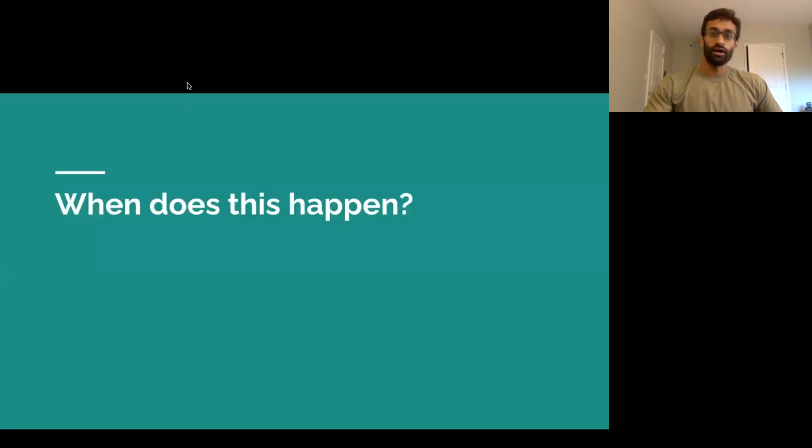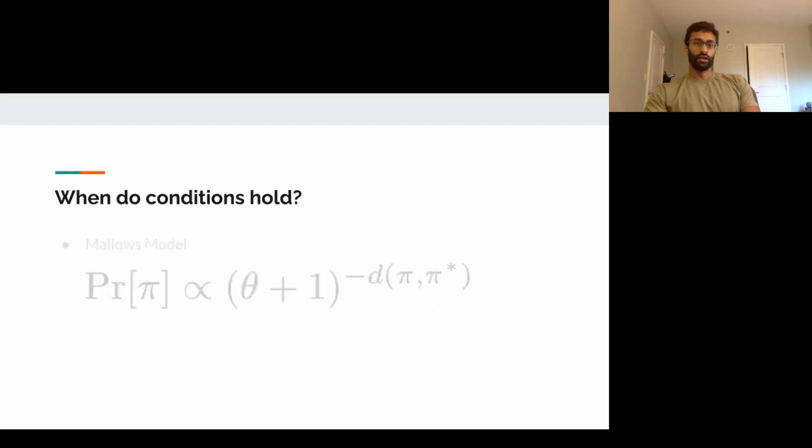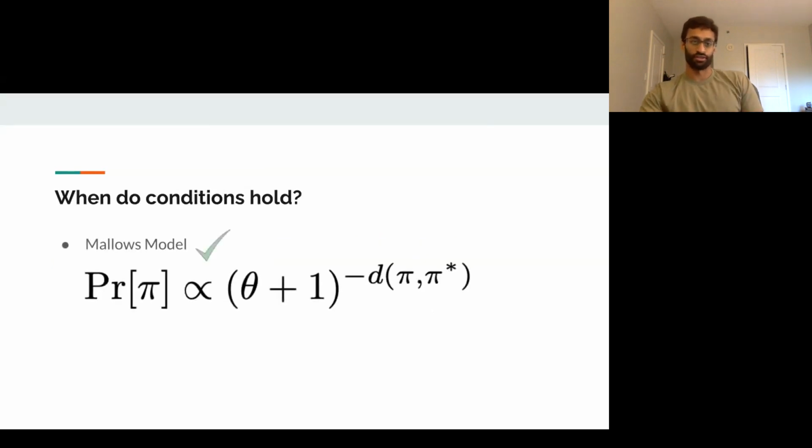Okay. I think we're a little tight on time, actually, and I don't want to cut into questions if there are questions. So I'm just going to briefly go through. I told you I'd tell you: does this preference for the first position actually show up in reasonable ranking distributions? Recall we needed these two conditions to hold. It turns out for this Mallows model, the answer is yes. You can provably show that, since the Mallows model is independent of the underlying candidate values, those don't matter. These conditions are always going to hold for the Mallows model.